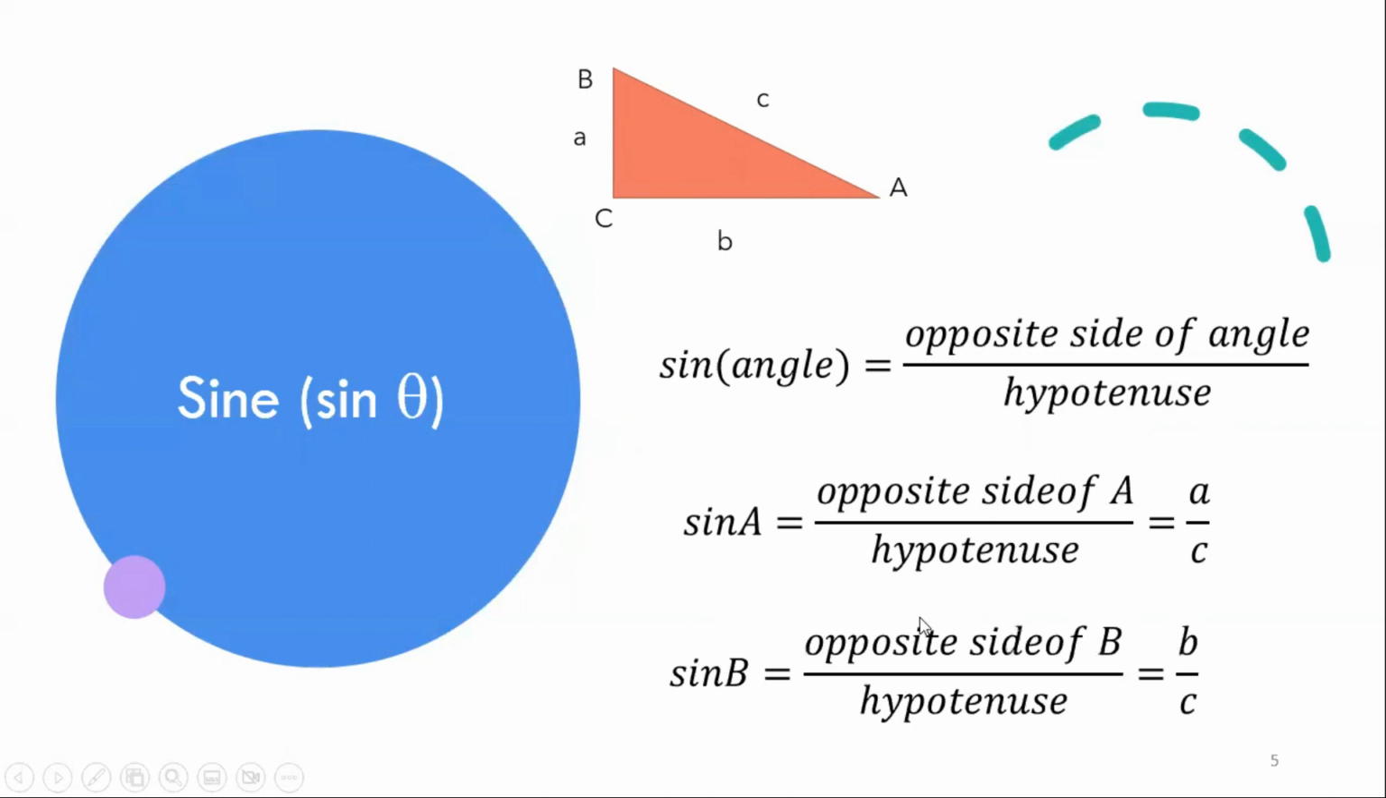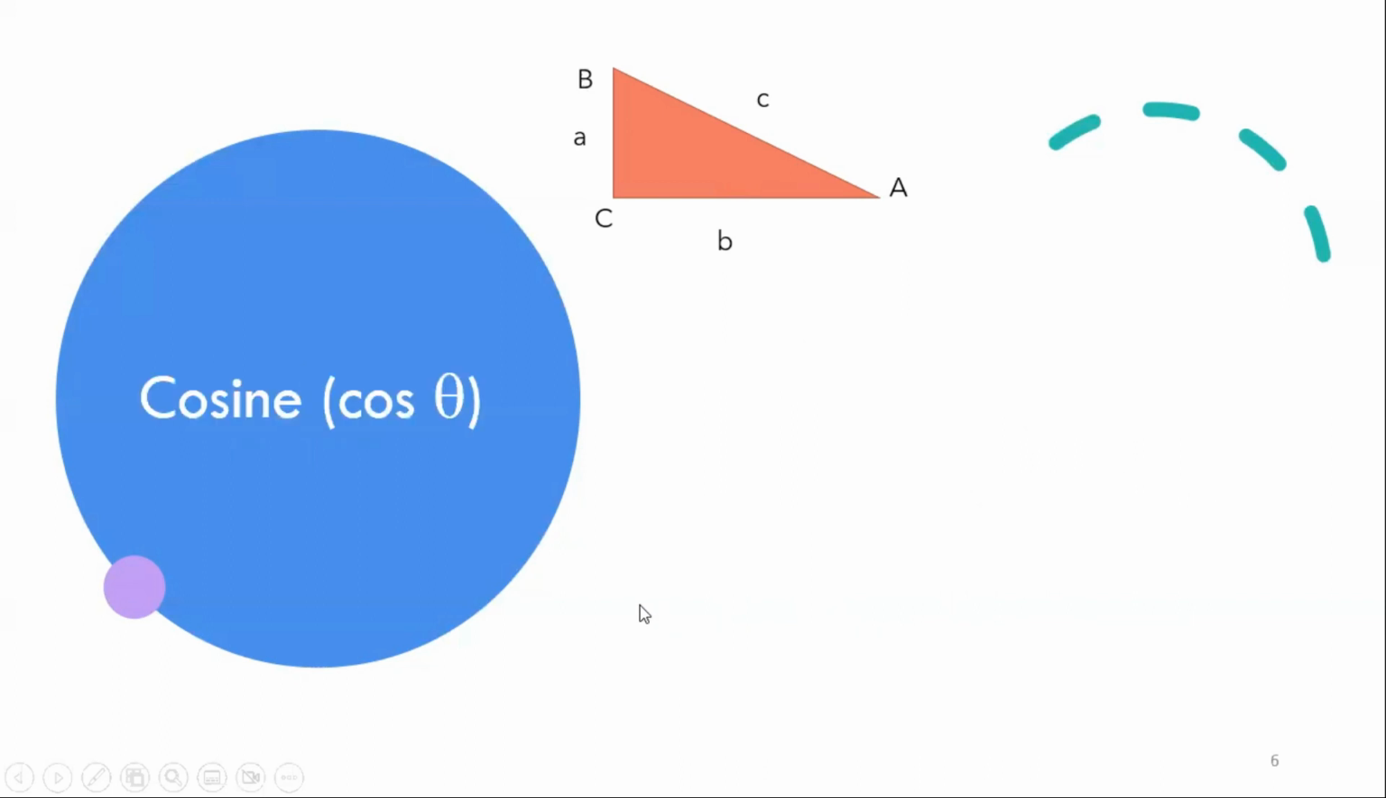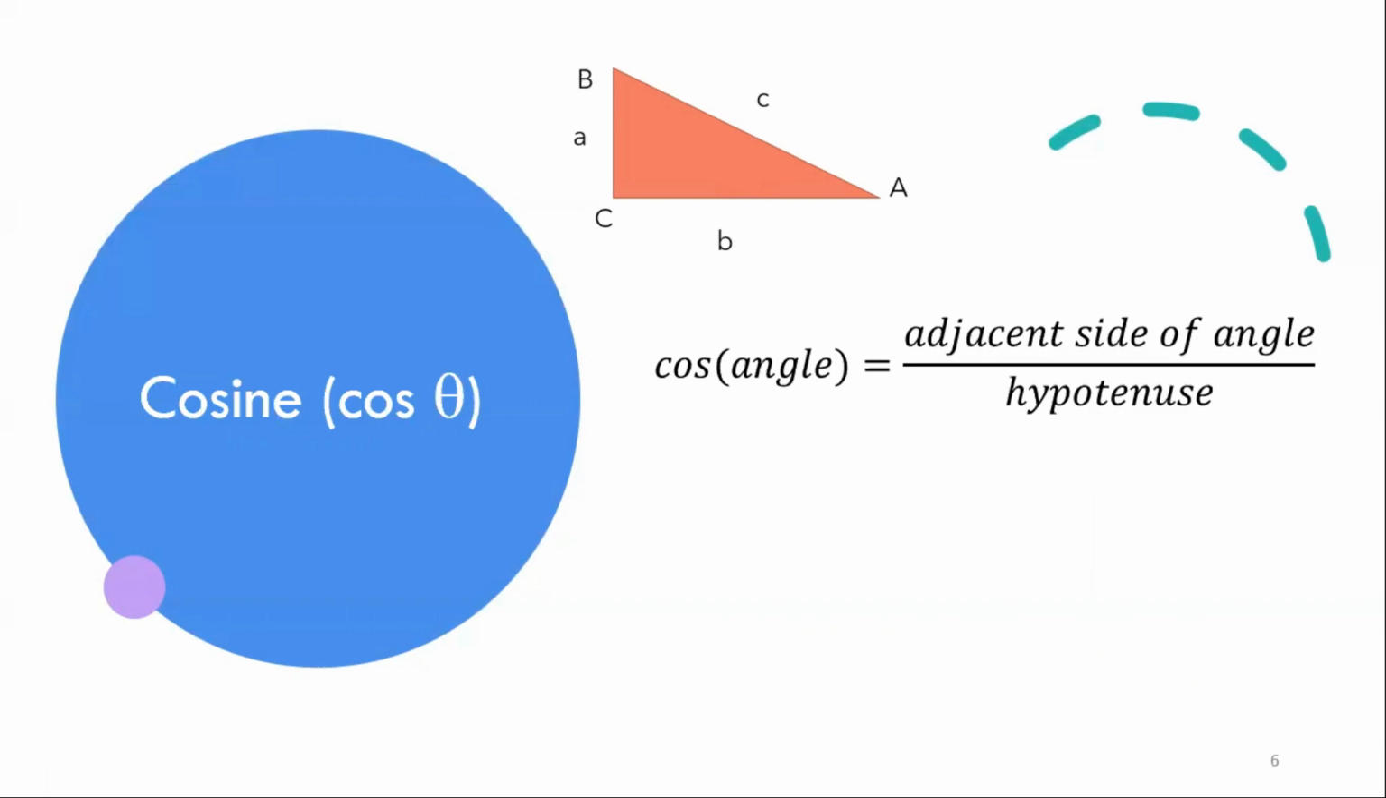If we solve for sine of angle B, the opposite side of angle B is side B, and the hypotenuse is C, so sine B is B over C. The next trigo ratio is cosine of theta or cosine of the angle. So cosine of any angle in a right triangle is equal to adjacent side of the angle